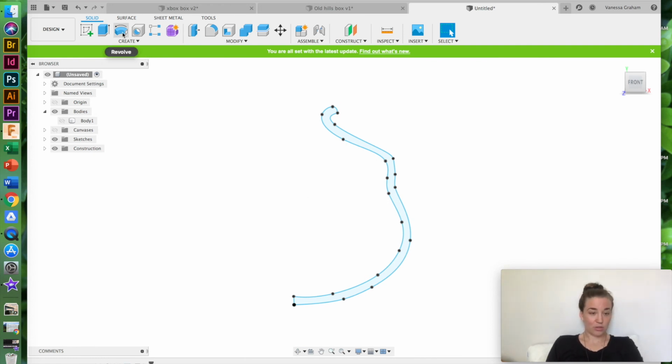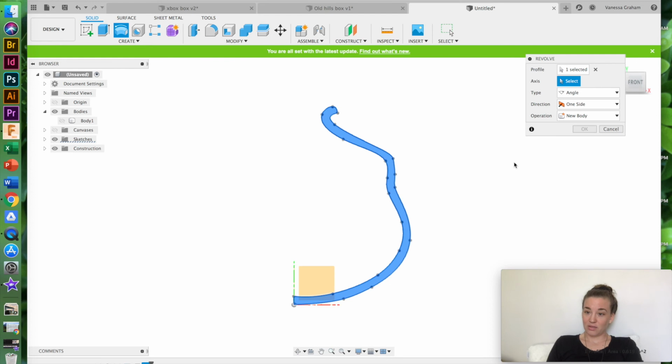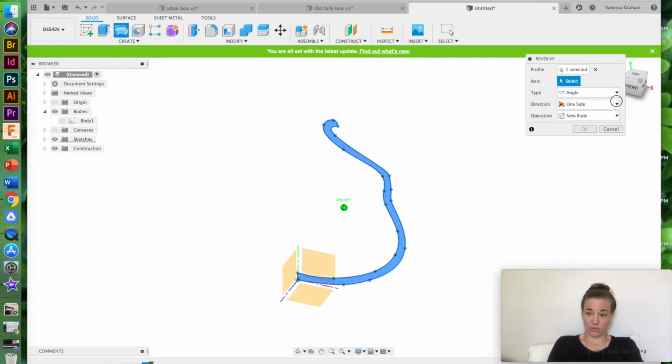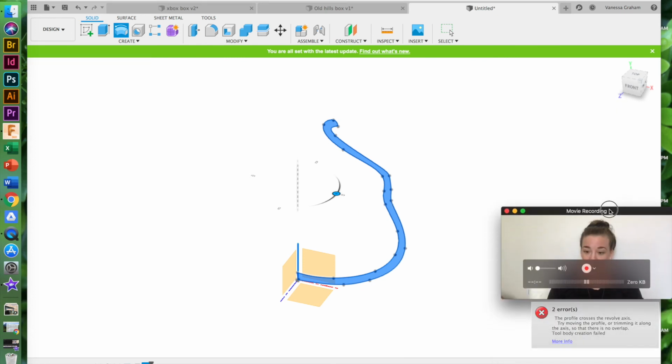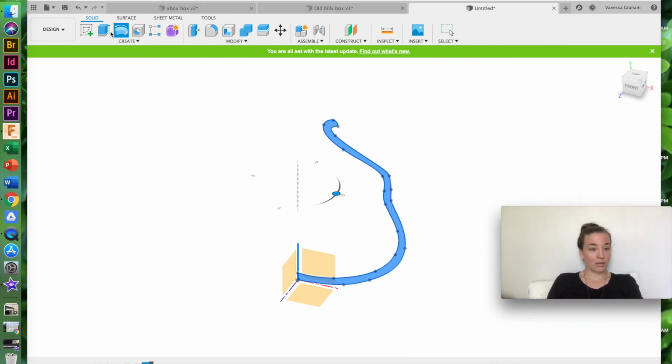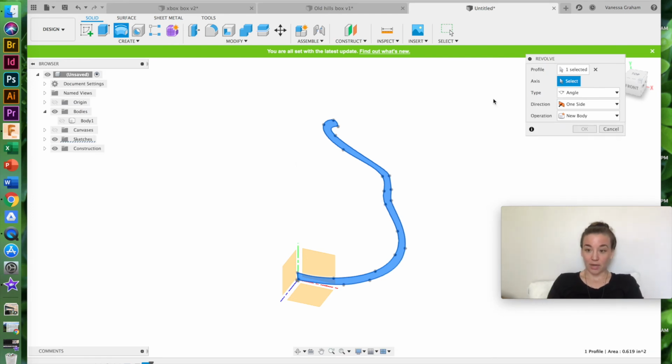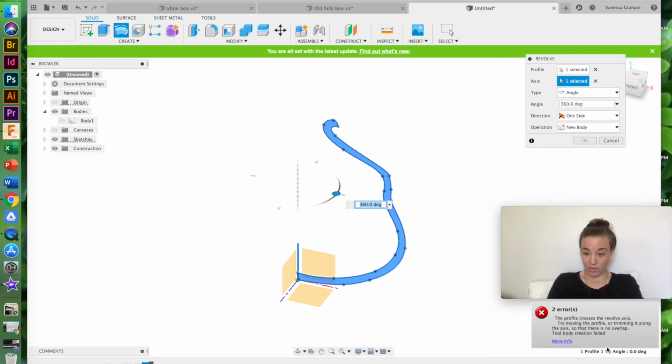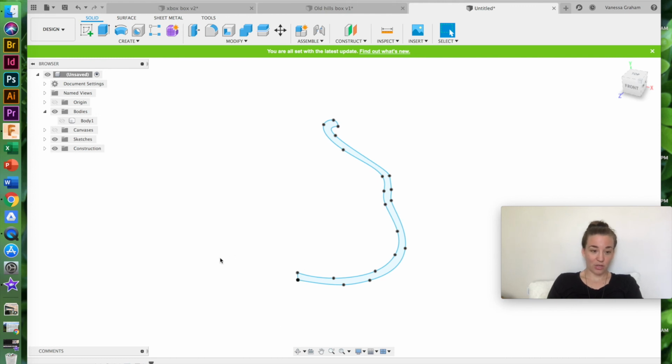Okay, so now I'm going to use my revolve command. This is the profile I want to revolve around an axis. I want to do it around my middle one right there, and I want to do it 360 degrees. I got an error. So let's see what it is. Oh, it's telling me that my sketch is actually overlapping the central axis a little bit, and that is why